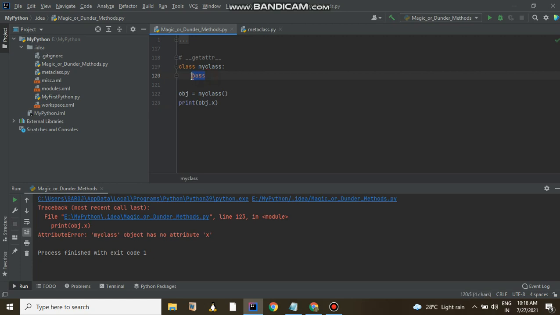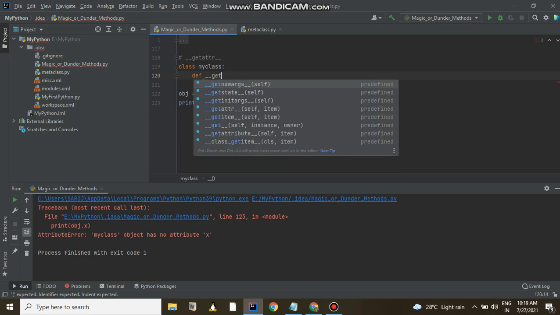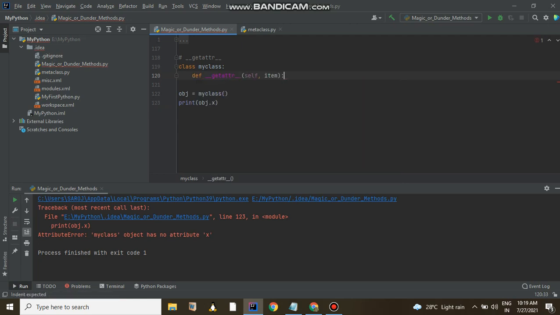Suppose there is a function def __getattr__ with item, and let it return item into 2.